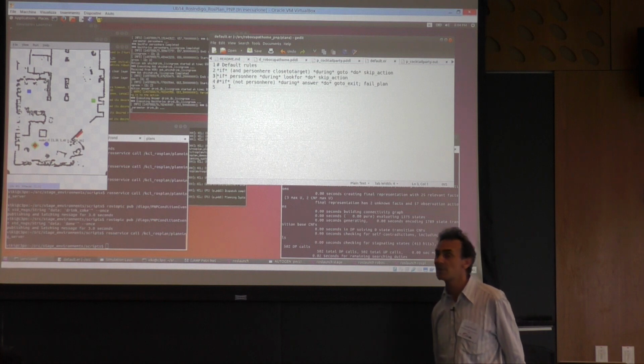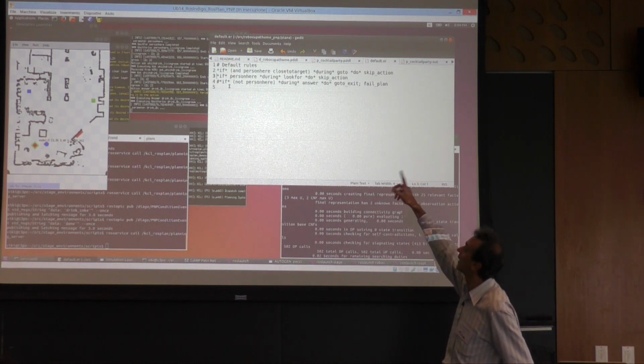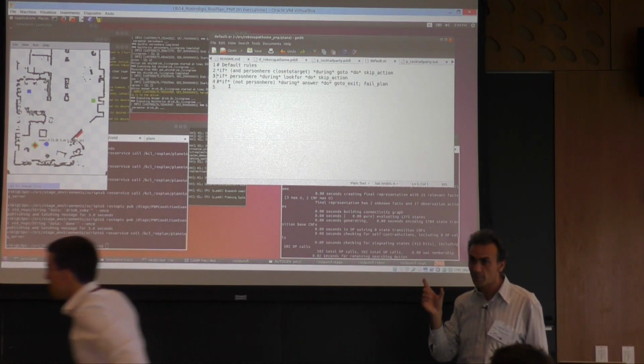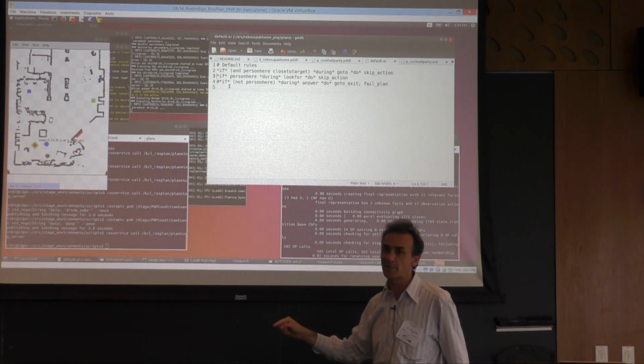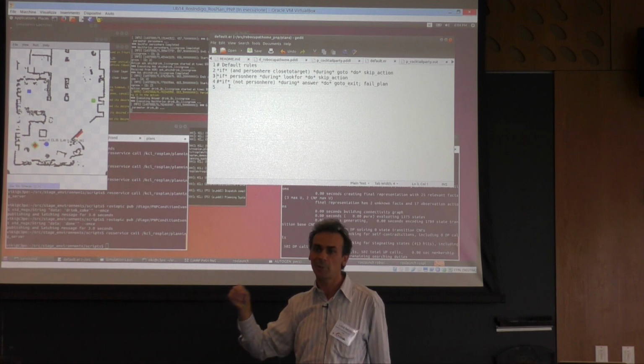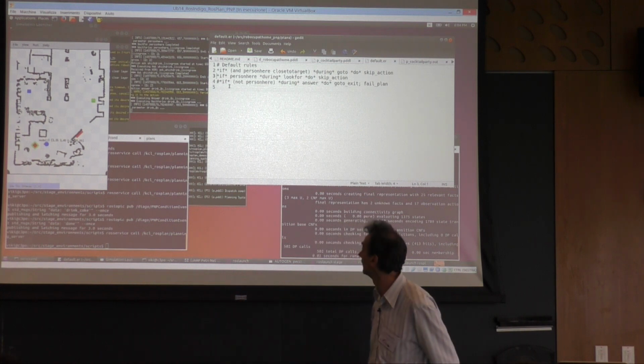Skip action puts an interrupt on the go-to action with the condition person near and close to target, and this interrupt will jump to the end of the action. So the action will be interrupted, and we continue with the next action in the plan.